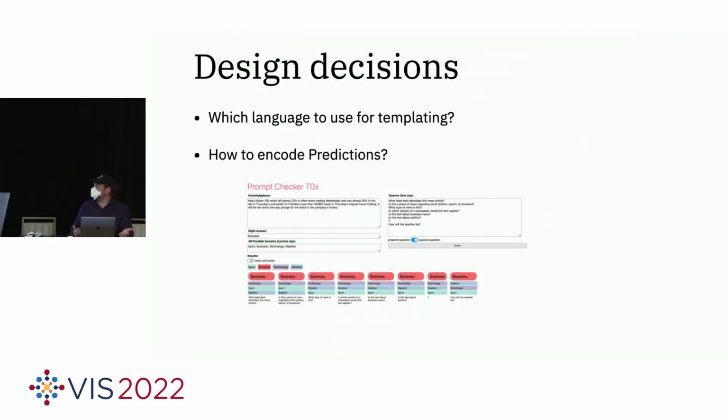In terms of design decisions, you saw there's a lot of text. So the question is, is it visualization? I leave it to you to answer that. We spent a lot of time thinking about which kind of templating language to use. So we looked around at what others used and just copied their approach. We also first had a coloring of all answer options, but figured out when talking to the domain experts that they wanted to know if it's right, aka lit up in green, or if it's wrong, leave it gray. So the other colors didn't matter to them.